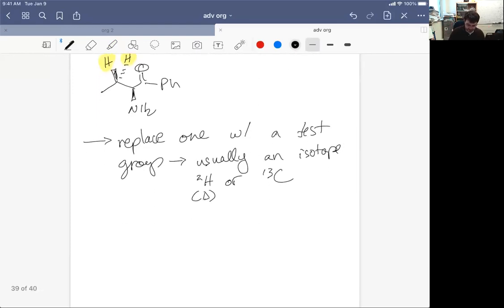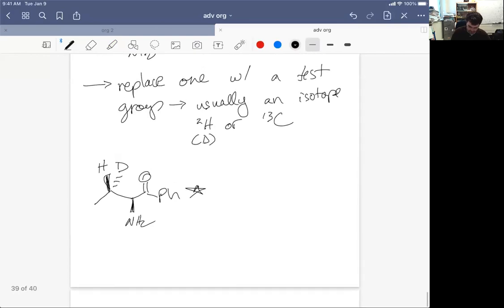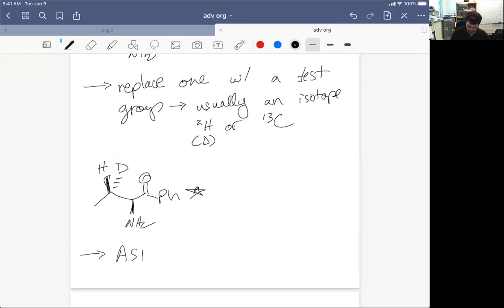So I'm just going to replace maybe the front one. Well, actually, I'll leave the front one alone. I'll replace the back one with a deuterium, which I'll write as D as opposed to 2H. Okay. Now, this is the new molecule. What I need to do in step 3 here is ask, did I form something